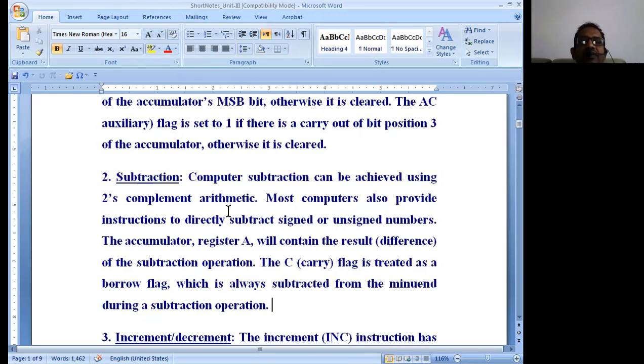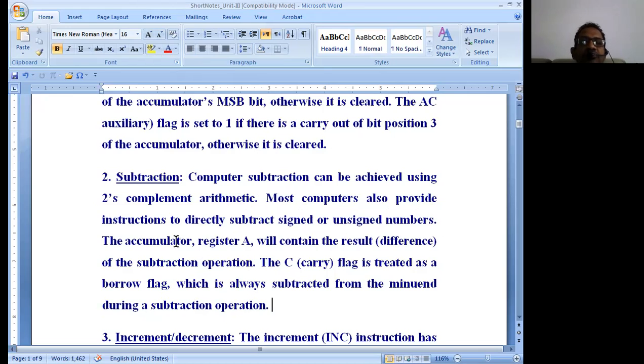The next one is subtraction. A computer, meaning your digital processor, can achieve subtraction using 2's complement arithmetic. Even though we perform subtraction, it is performed like addition, but as a 2's complement kind of addition.